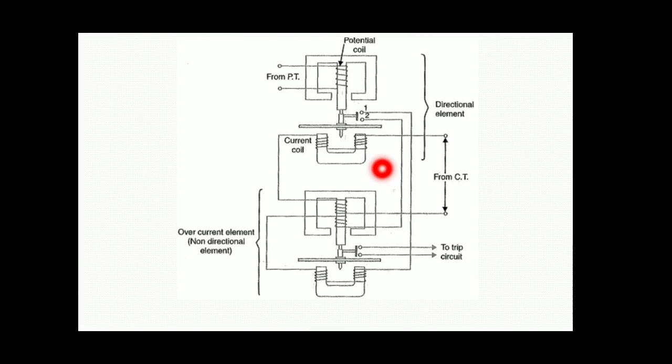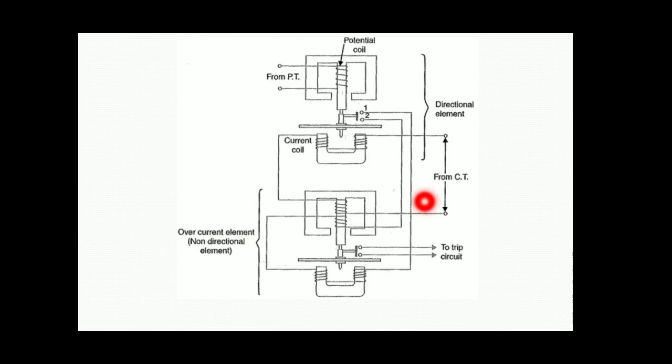If the direction is in the normal condition, that means in the same direction, the relay will not be operated. In that case, if any overcurrents are obtained, in that situation also the relay is not operated. Only when the direction of the motor or generator is reversed, and also overcurrent is obtained in that circuit, then in that situation only the relay will be operated.